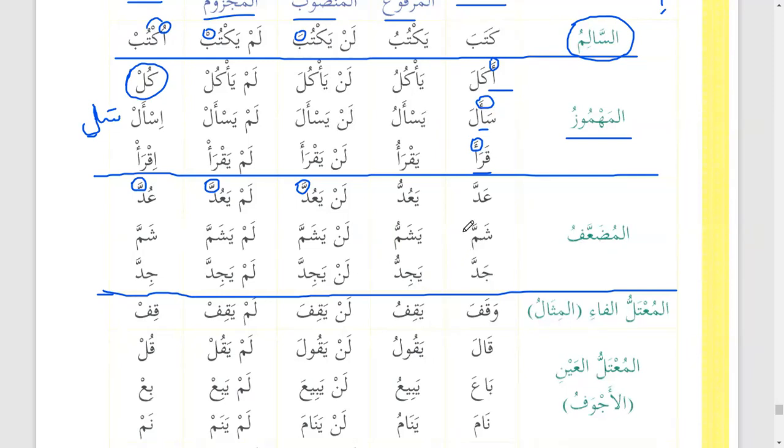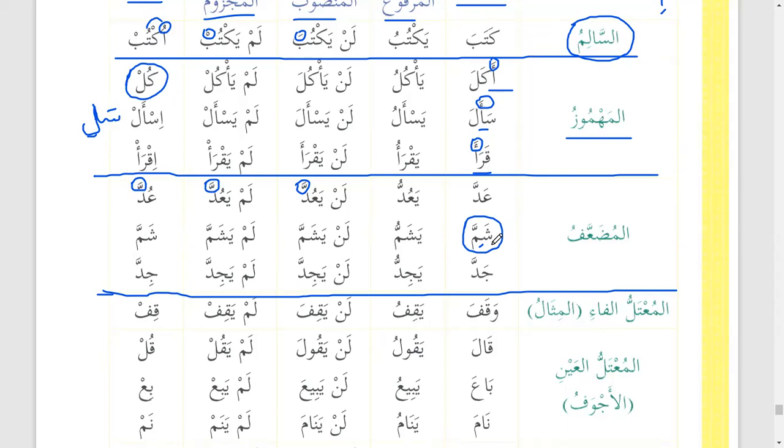Sami'a yasma'u. Do you remember the point about sami'a yasma'u? It is the sixth form of the verb, and it changes into a kasra. Because we know that shamma is originally shamima, and in mudaf the kasra changes into fatha, because the past tense cannot have a kasra, so it has changed into a fatha. As we know, the first and the third root letters are mabni al-fath. So that's why it should be shamma.